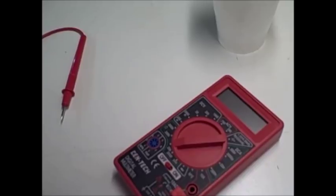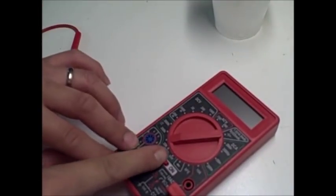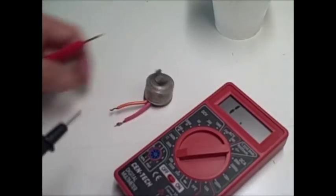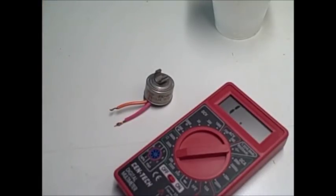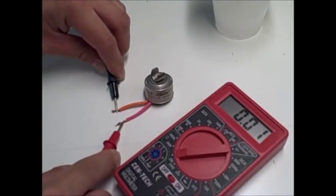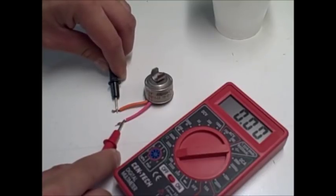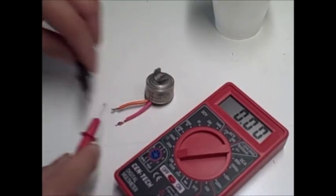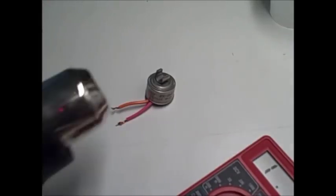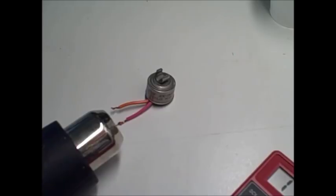So you can test this with a multimeter tester set for about 20,000 ohms. What you're gonna do is you're gonna touch your test probes with each end of the wire, and at room temperature it should read 0, or it should be in its closed position. Now, using a hair dryer or a heat gun in this case, we're gonna